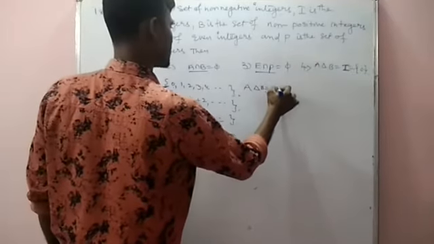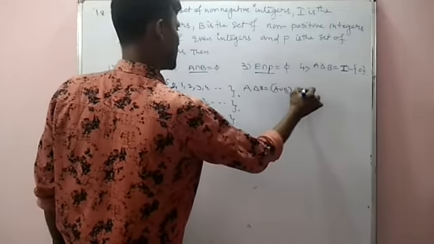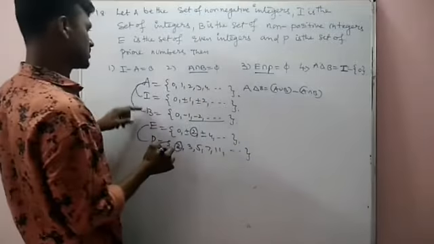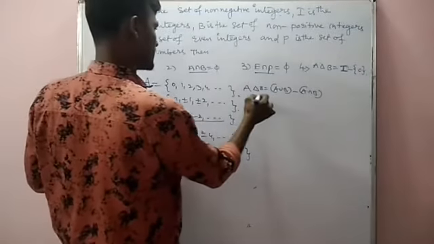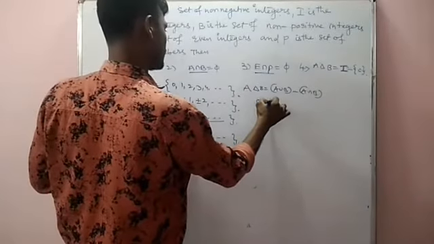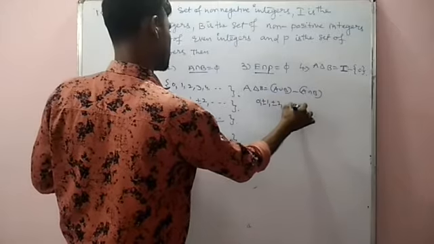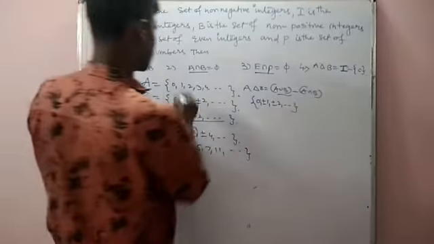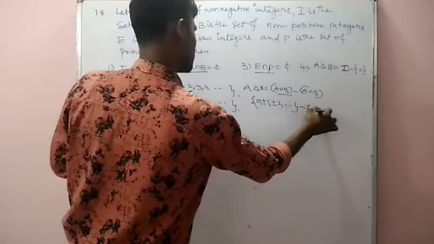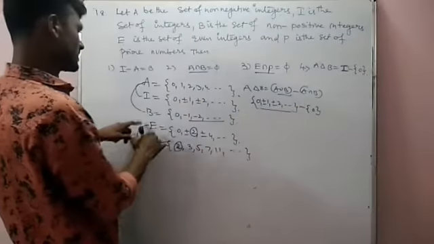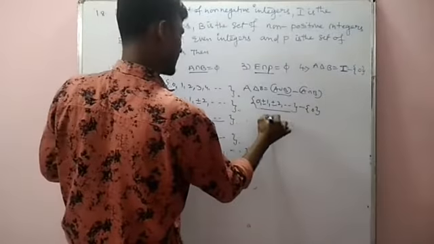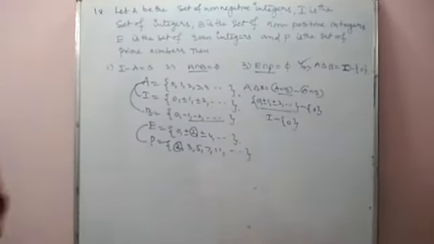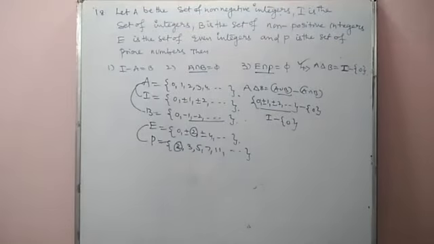A delta B means A union B minus A intersection B. A union B is equal to 0, plus or minus 1, plus or minus 2, and so on. Here this is A union B. A intersection B means only 0. Then you have to write this is I, then I minus 0. This is both options correct.